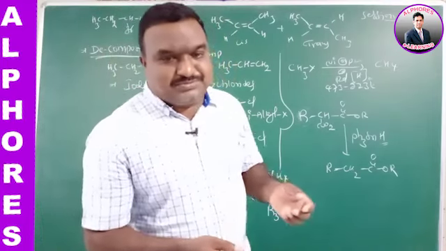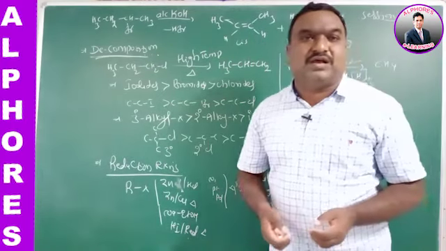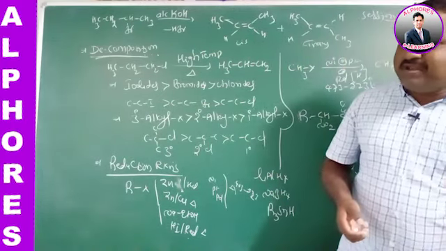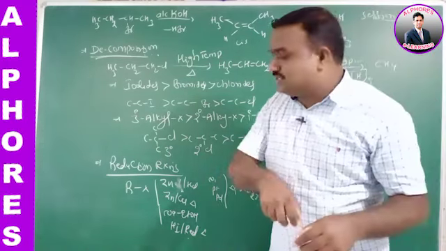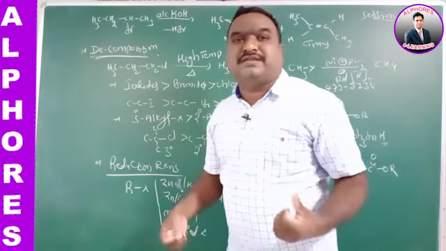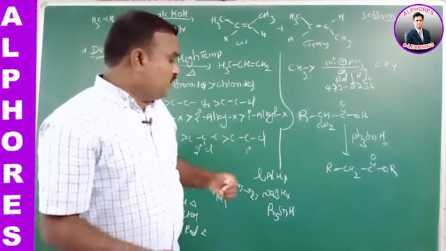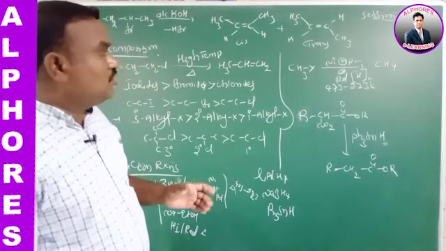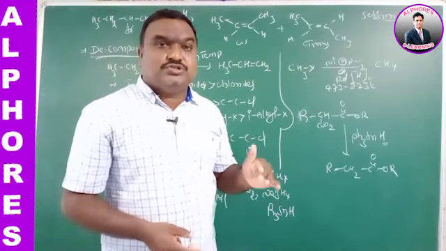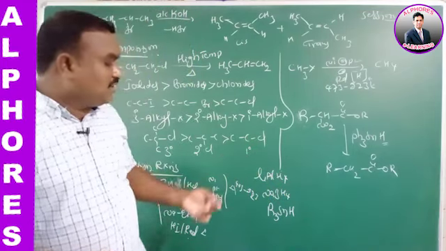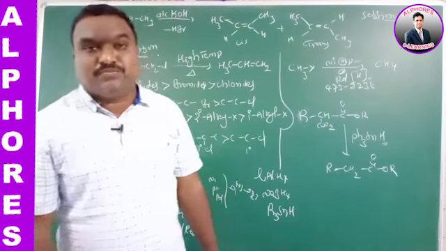Alkyl halides are of three types, as I already told you: tertiary alkyl halides, secondary alkyl halides, primary alkyl halides. Primary, secondary and tertiary alkyl halides all undergo reduction in the presence of trialkyl tin hydride compounds. Wherever lithium aluminum hydride or sodium borohydride is given, it is somewhat different when compared to trialkyl tin hydride compounds.